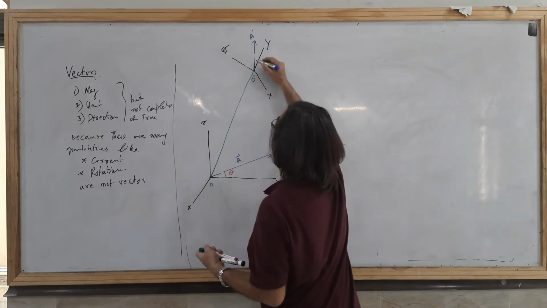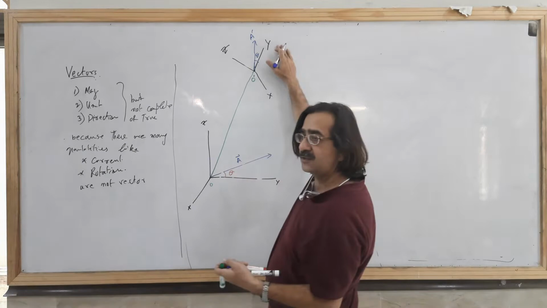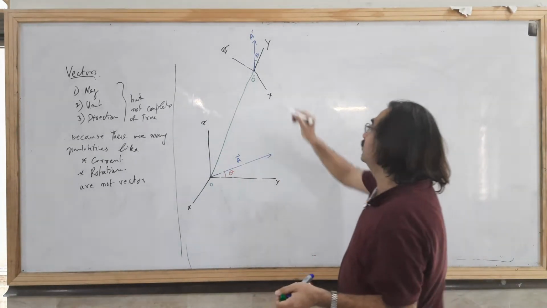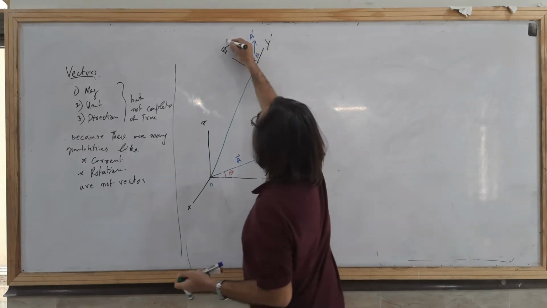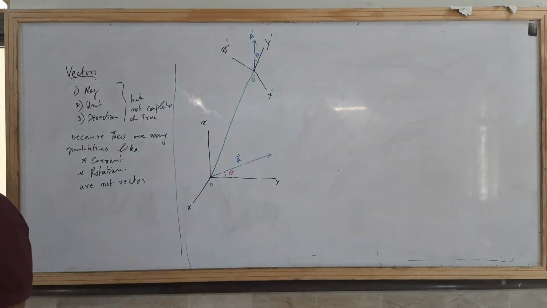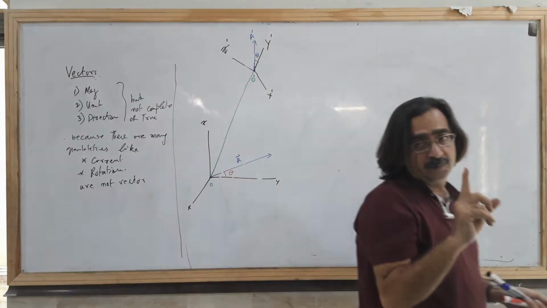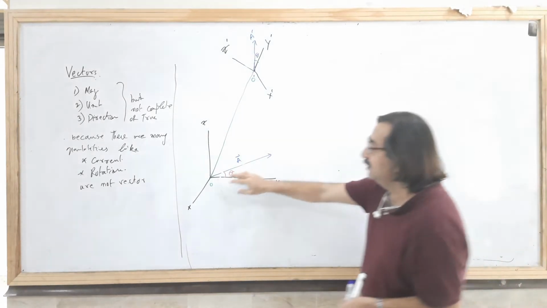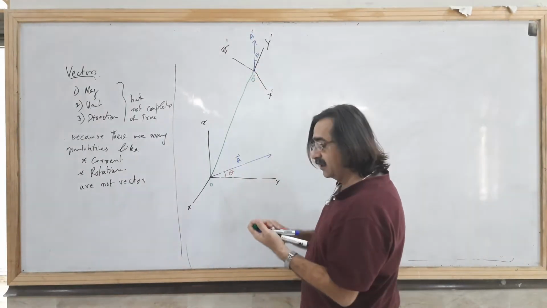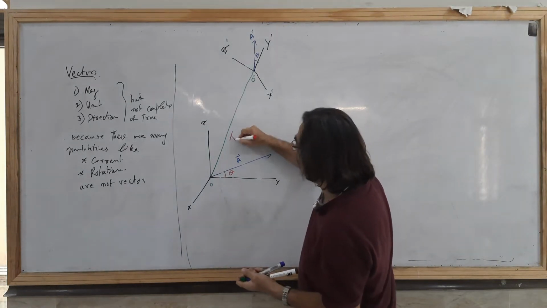A prime. And this is also making the same angle theta with the y-axis. I should define that as x, y, because this is different. So there are two types of transformation that occur. Number one, the distance between O and O prime.